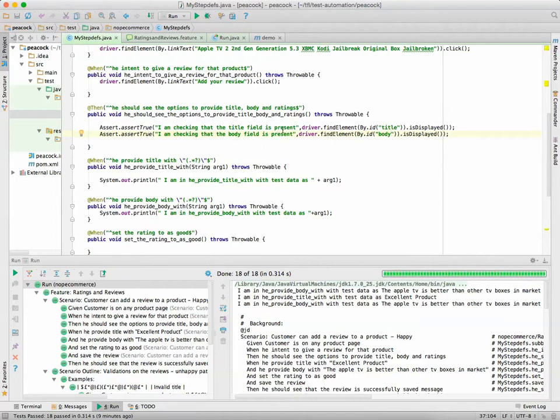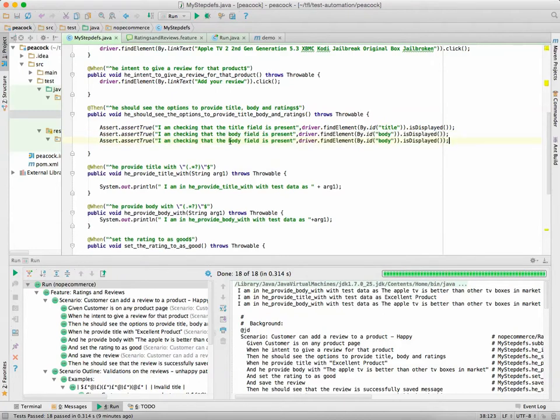The other things: title, body and ratings, right? So that radio button, even that we don't know. The rating.